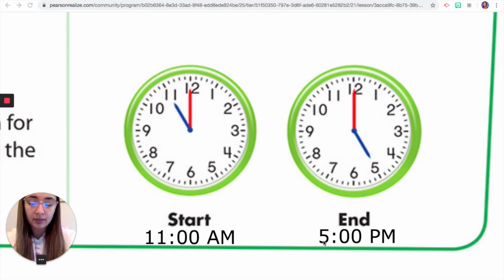Just like the last example, the first step that we're going to do is find our time, which we already did. Our second step is to count the hours. So I see that my hour hand here is at 11 and my hour hand here is at 5. So what I'm going to do is make my humps from 11 to 5 and I'm going to count. So I have 1,